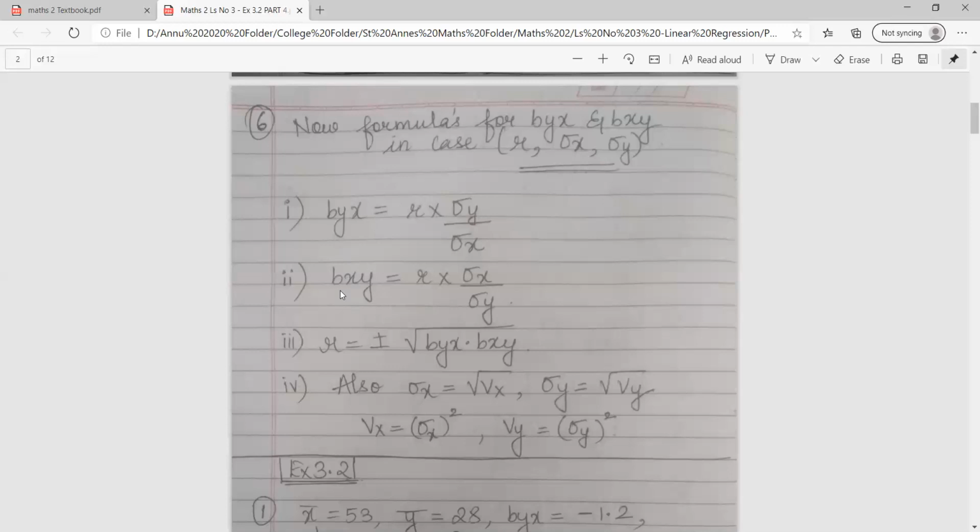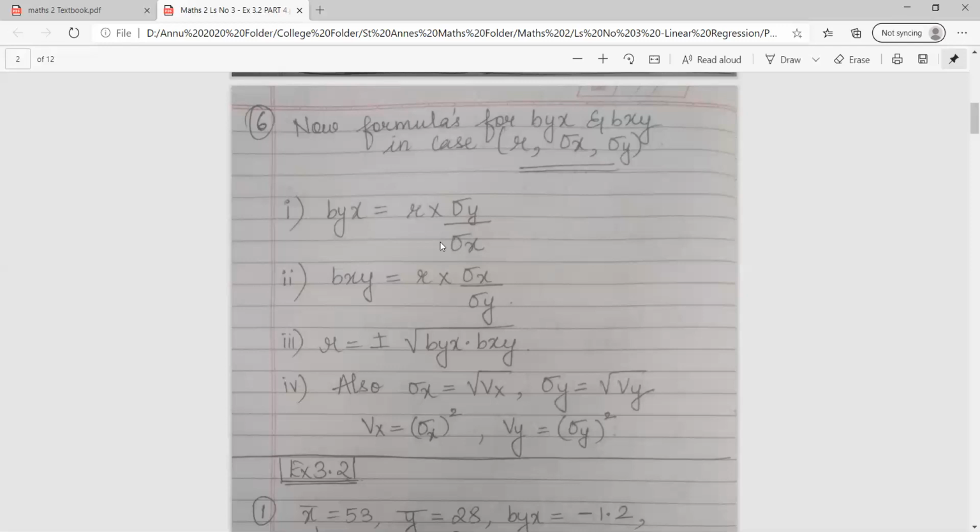Now, usually when I teach children, I make the formula such that you can remember. So basically, can you see this sign of standard deviation? It looks like a sleeping 9 या shitty जैसा दिखता है. Shitty का symbol याद होगा ना. What we say is Byx is equal to r into shitty x upon shitty y.